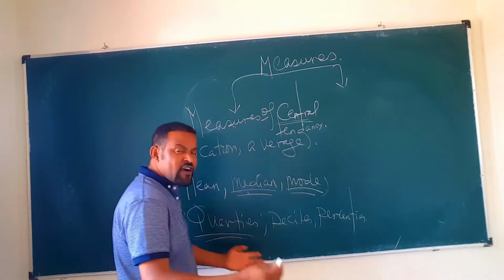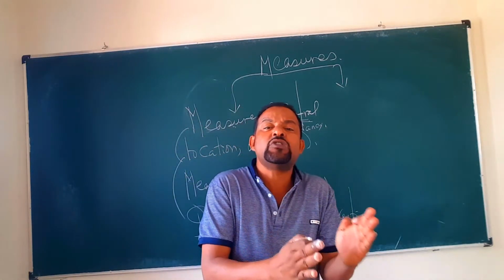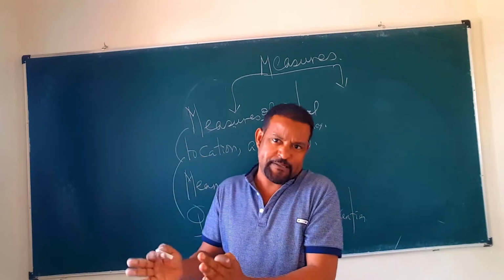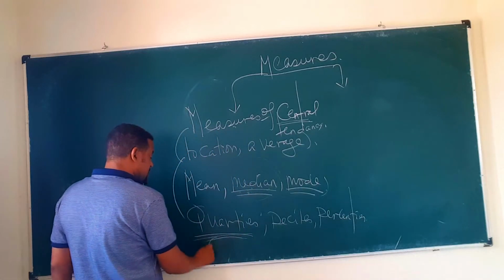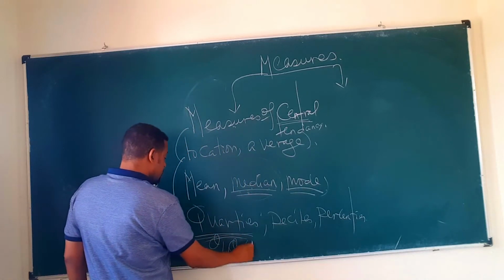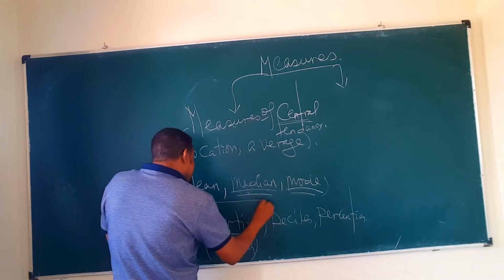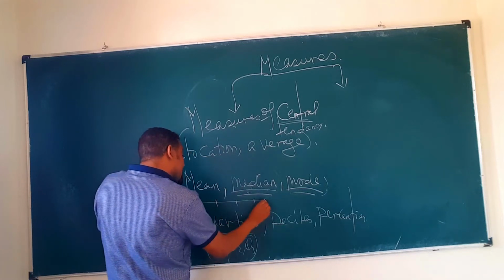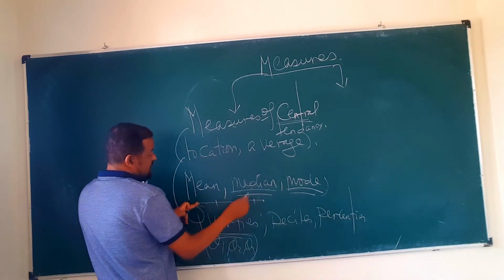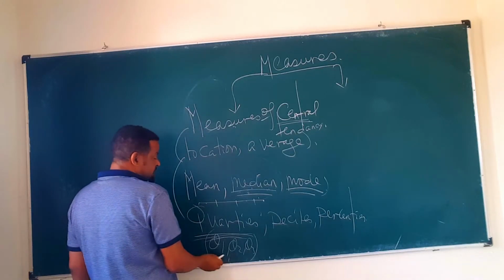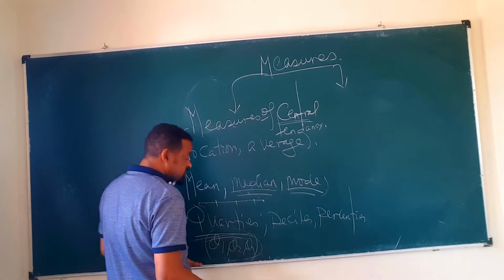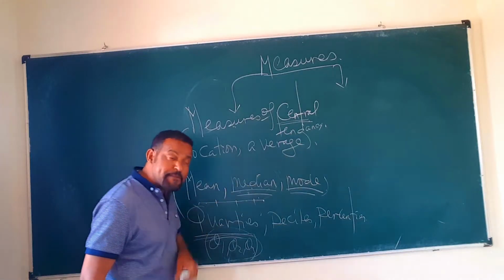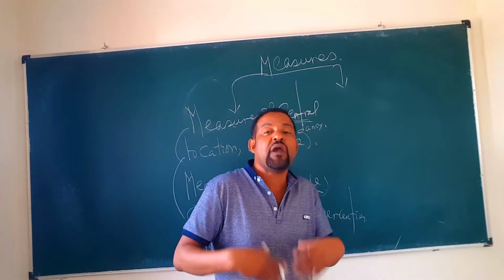Quartiles are those values which divide the given data into 4 equal parts, Q1, Q2, Q3. Of course, Q2 means the median. So after calculating Q1, Q2 and Q3, then